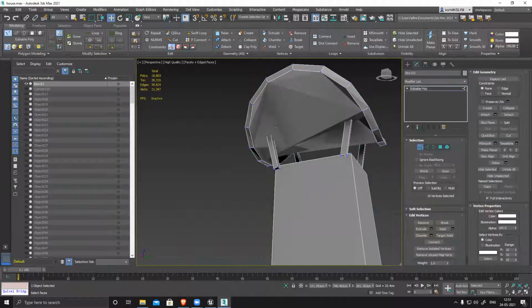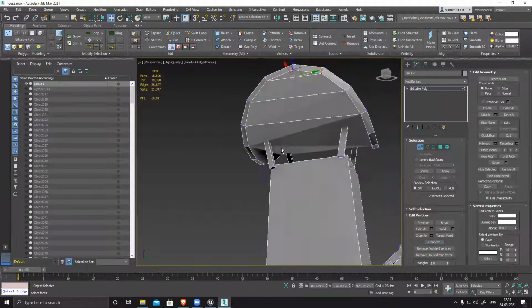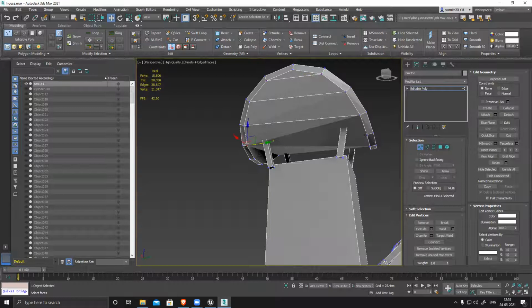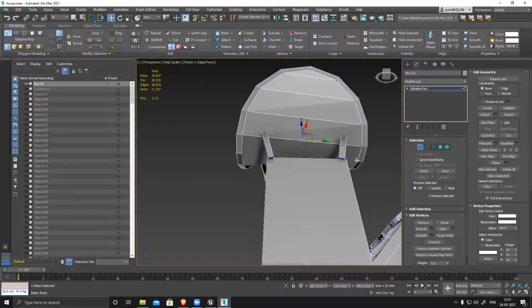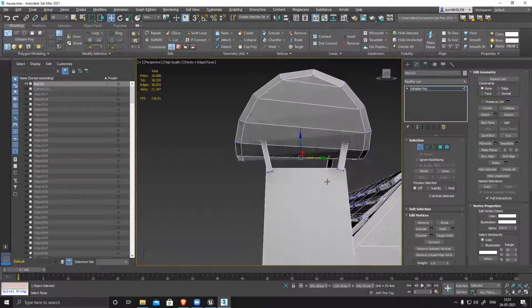Yes, because there is nothing in between, right? So you have to create like this one. You select these two and connect them, this one and this one connected, because the geometry is wrong, right? Unless you fix it, because it's full of n-gons. That is the main problem. If you have n-gons, all this problem will happen. If you don't have n-gons, everything will be clean. So you can see now it's getting clean.